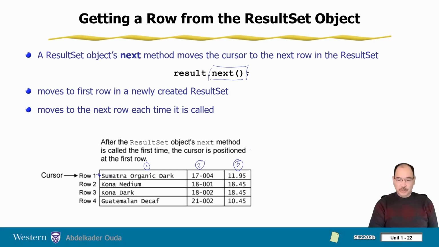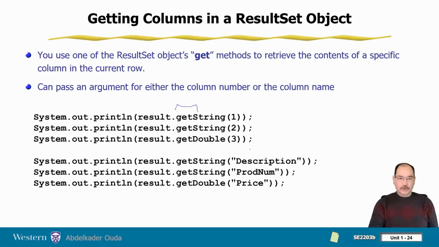We can use index, we can use column name as well. So here in this example, I try to write the result using get string, the information in column 1 at the current position of the cursor. And here I need to print the second value, or the value of the second column. And here I need to write the value of the third column. And notice that here I'm using get double because the column type is defined as double in